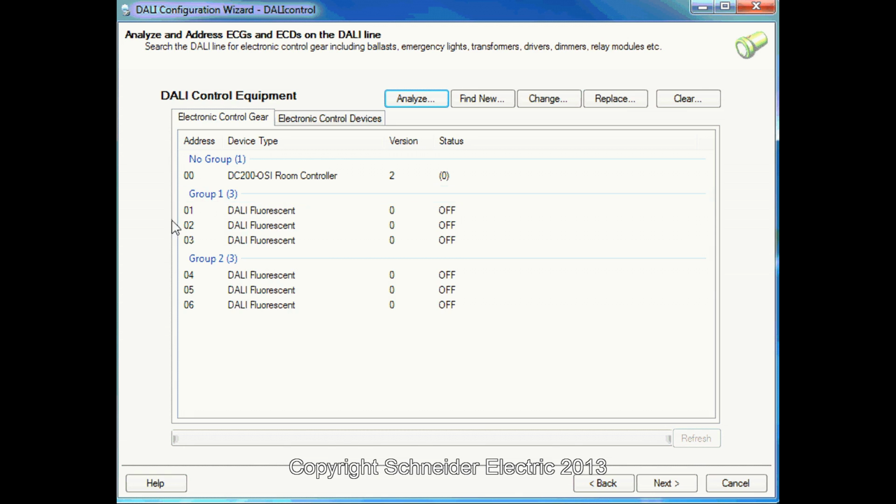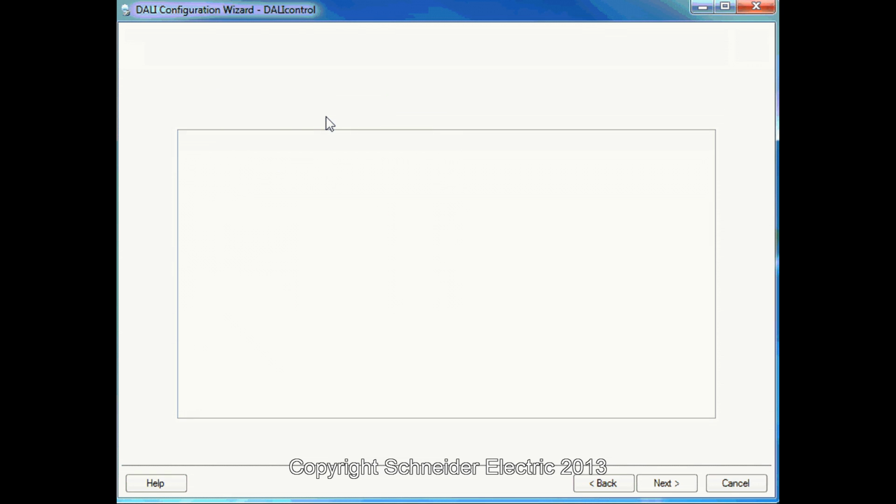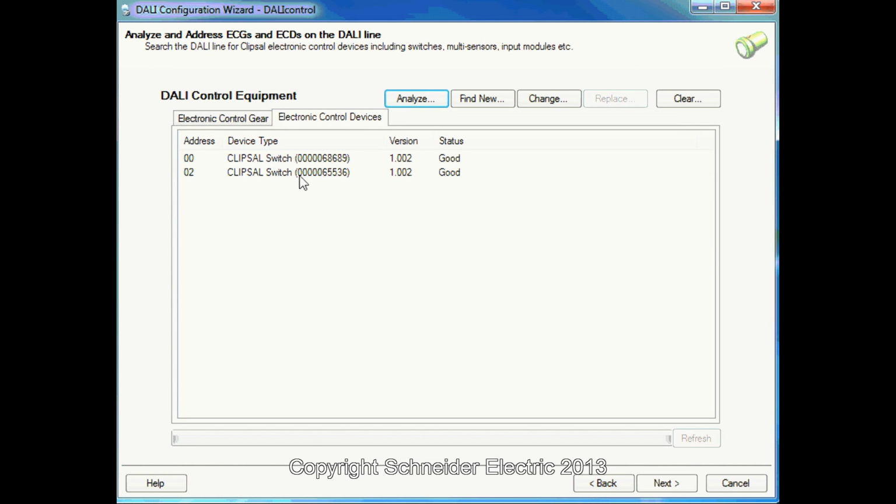two groups here. Group 1, which is for my Office 1, and Group 2 I've used for Office 2. And also we have two switches, switch 1 and switch 2. Okay,